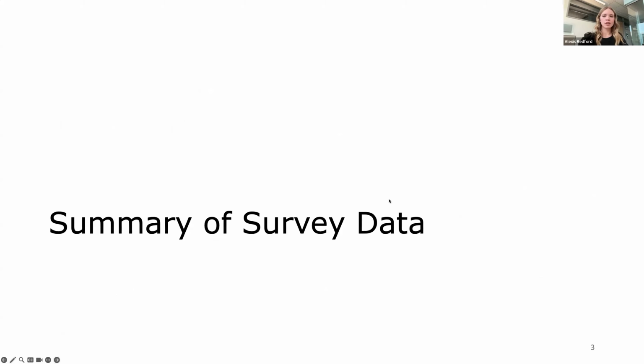So yes, in the spring of 2024, we sent out a survey nationwide to teachers of students with visual impairments. We wanted to understand their perspective on the use of the 2 math Braille codes. Our goal was to understand what they're using, how they're using them, and any barriers to using them.